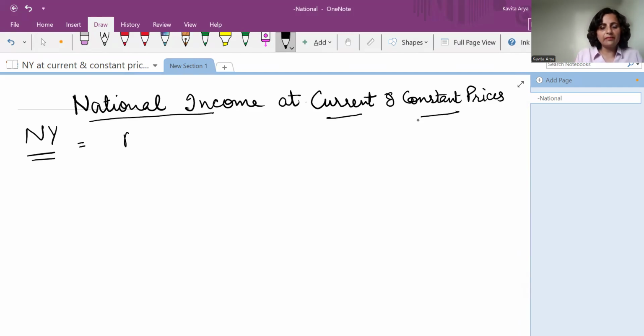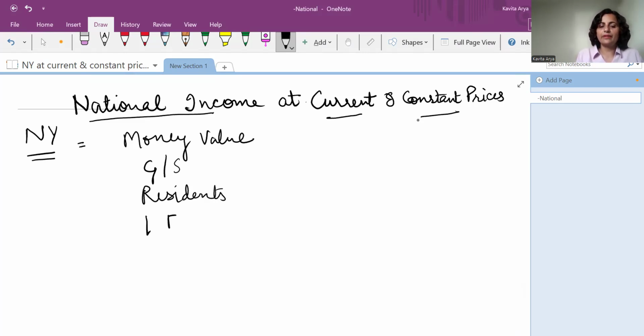So how do we define national income? National income is the money value of all the goods and services. So money value is the first keyword. Of all the goods and services that are produced by the residents of any country during a period of one fiscal or financial year, right? So this is national income. So when we have to define national income at current prices, the only change in the definition would be that I would have to add in this,